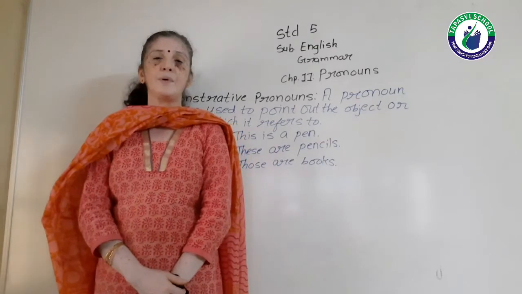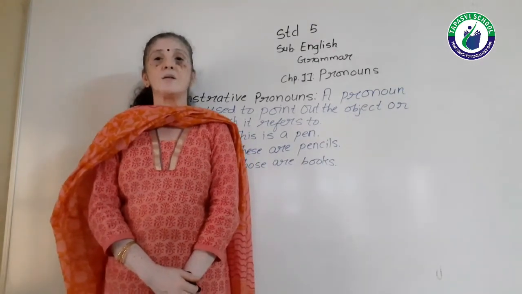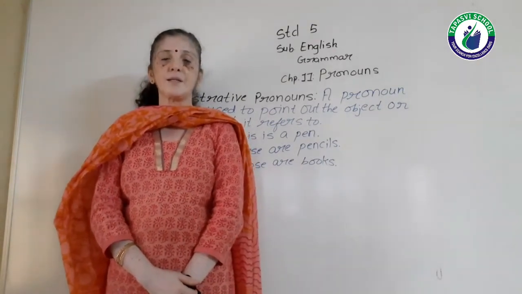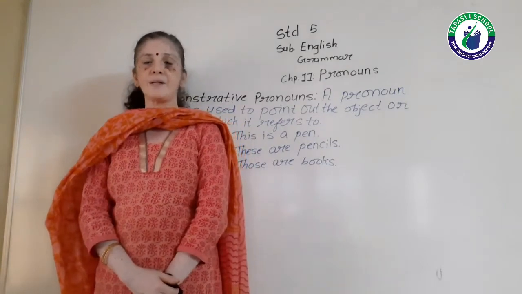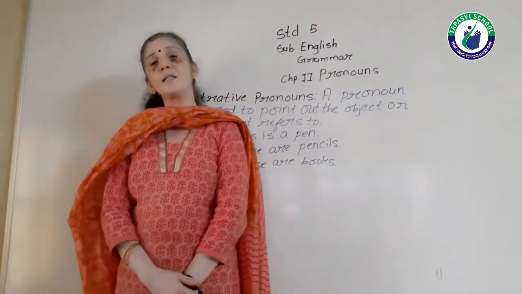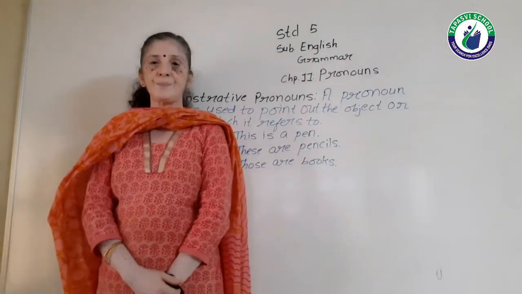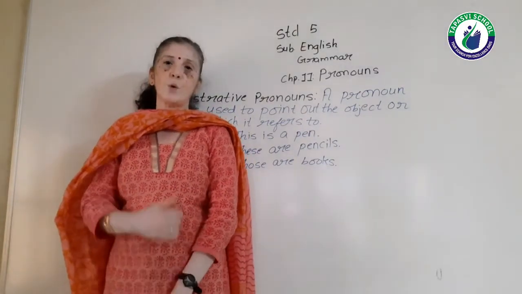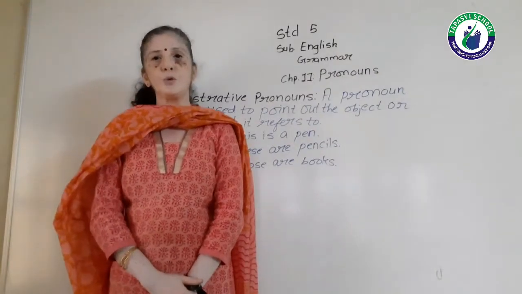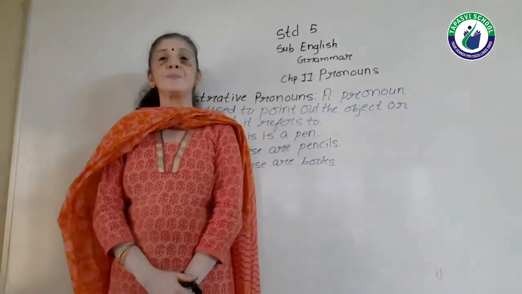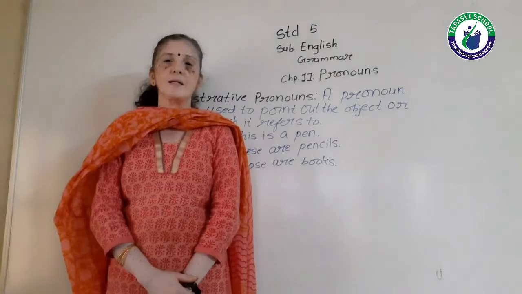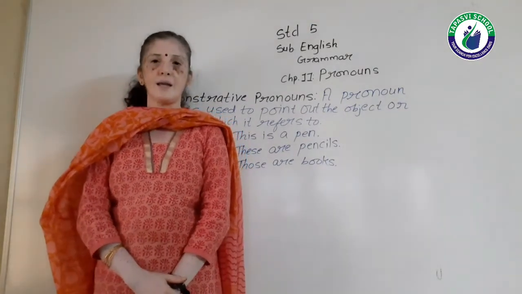They are called personal pronouns, and there are three types of persons: first person, second person and third person. First person means the speaker, that is I and we. Second person is spoken to, that is you. And third person, that is spoken about, that is he, she, it and they, right?